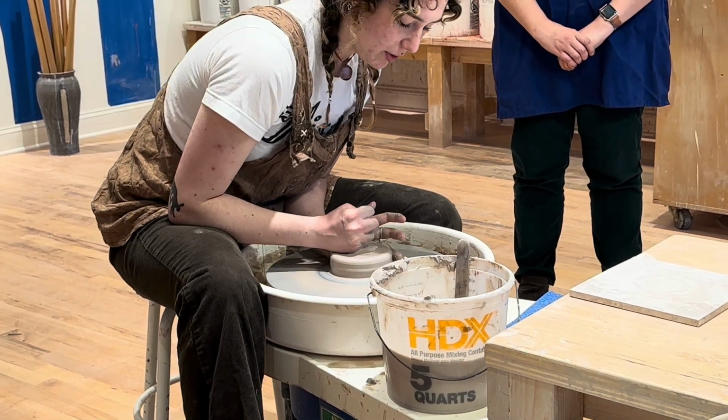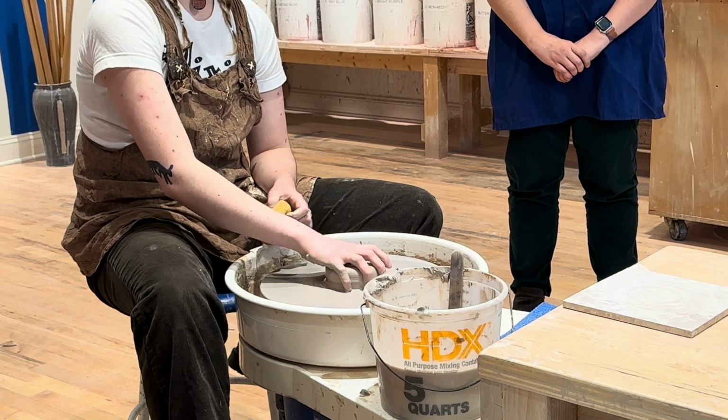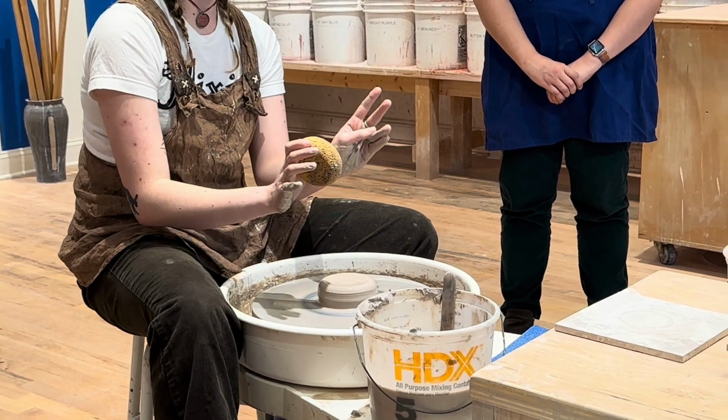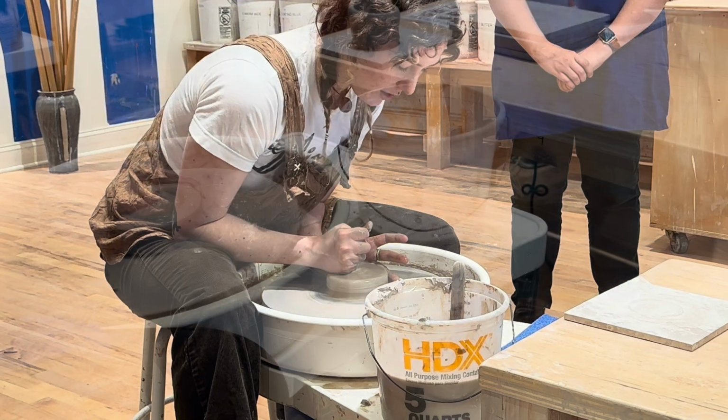If I un-center this, I'm like, oh my gosh, this is so off center. Do you see how it's very wobbly now? It's only gonna cause us problems the rest of the time. So when you do a step or do anything, approach the clay closely and slowly, and then take off gently too. So I'm gonna very gently,